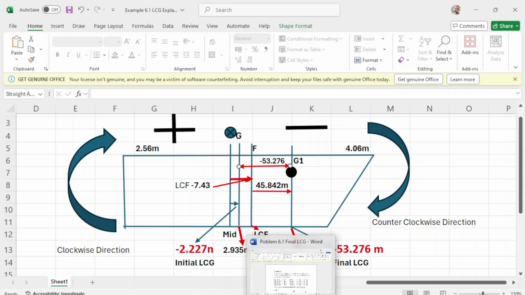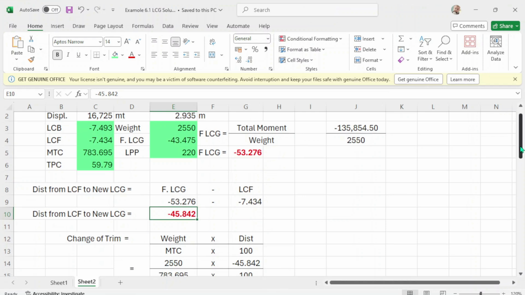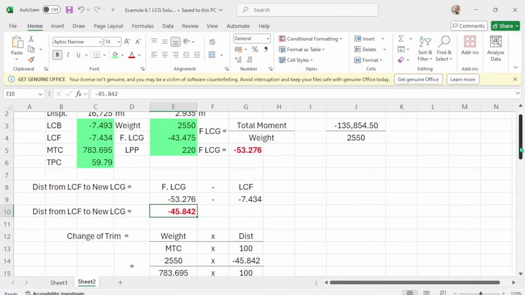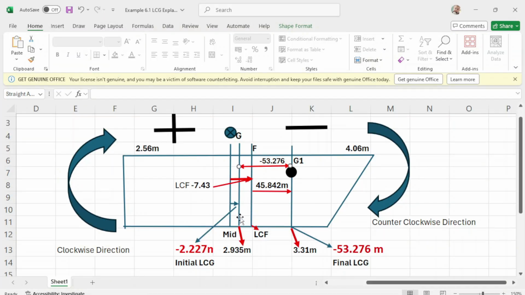Now from there, what will be the distance from the new LCG to the LCF? Okay, take note of the LCF. If you remember, this is your LCF, from midship going to this F here.